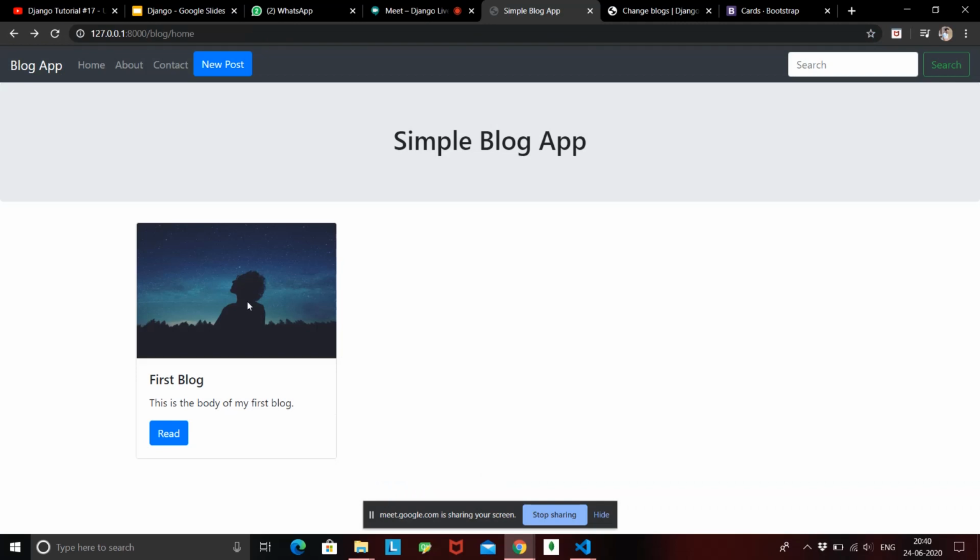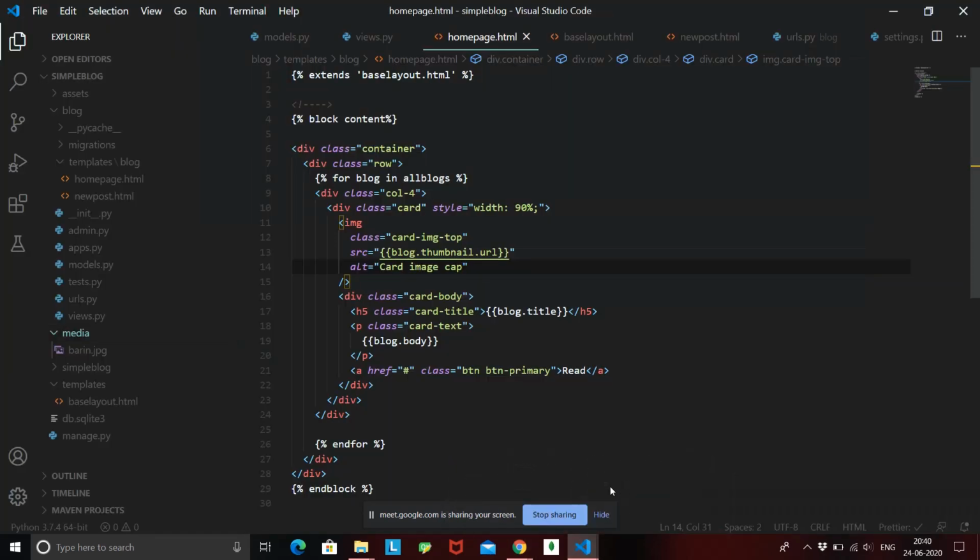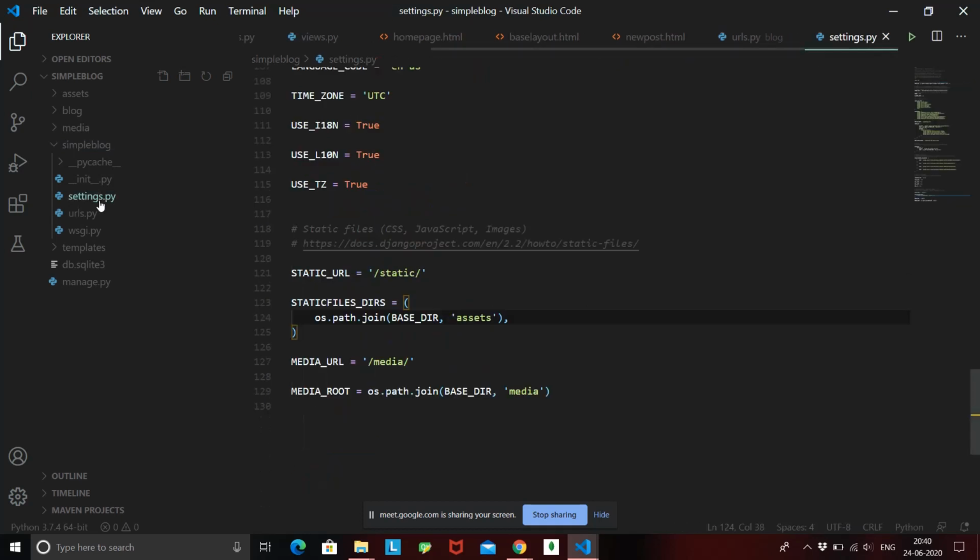Let's quickly revise everything that we saw till now. From the start, for the media files, we went to our root app, into the settings.py file. Here we created a media URL, and we created a media root that is going to store all your media images.